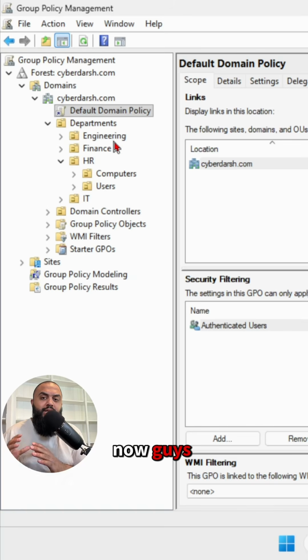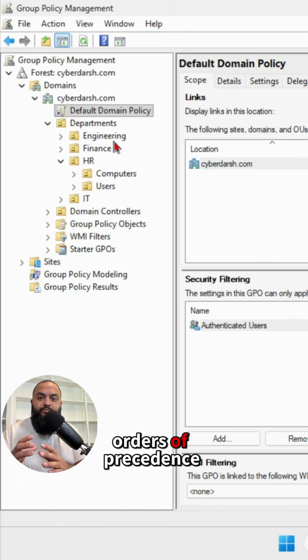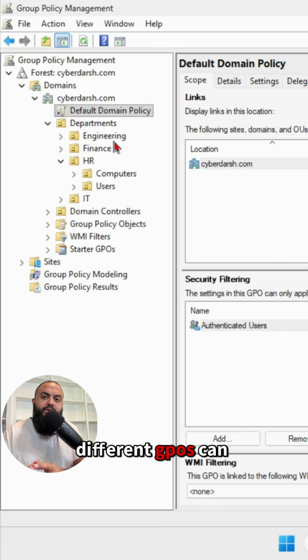Now, guys, GPO can get very confusing because you have orders of precedence, right? Different GPOs can take priority. You can enable the enforcement flag that says, hey, I don't care if there's another conflicting GPO up there, you are getting my configurations. And then you have things like link order that enforce the priority in which a GPO